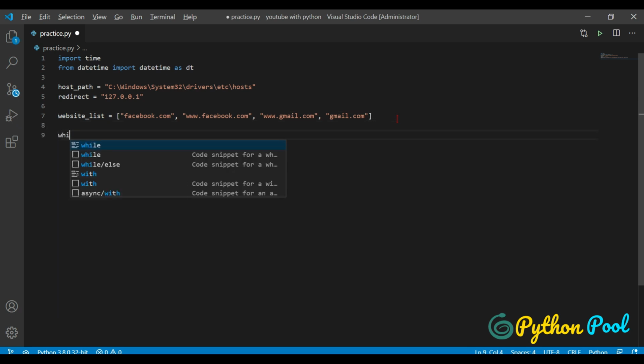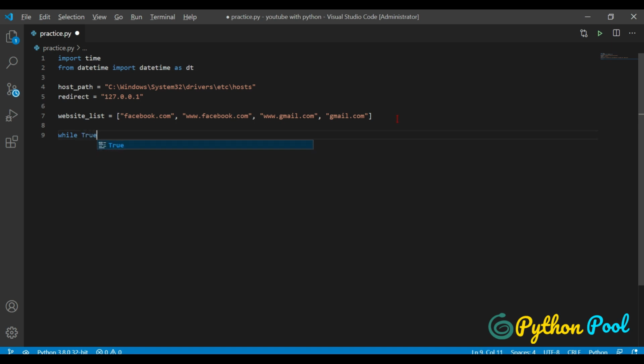So we need to run the while loop until the condition is true. So basically we are running the while loop infinitely. It will be running as long as our system is started, as long as our script is started and terminated. So let's see how we can do that. Okay, while True, if, now we'll make our datetime function.